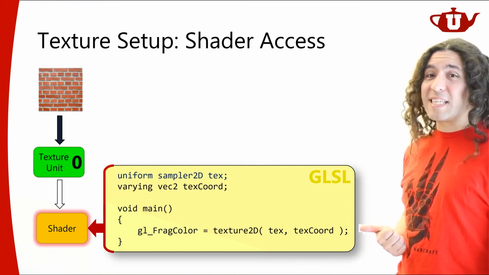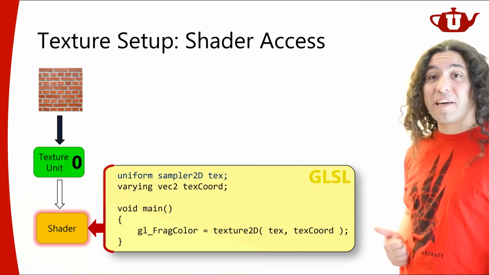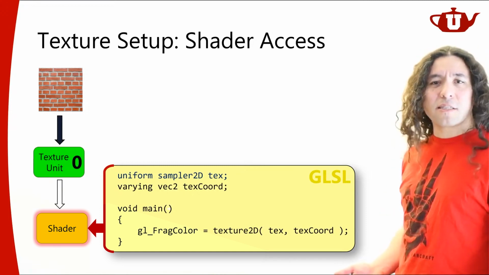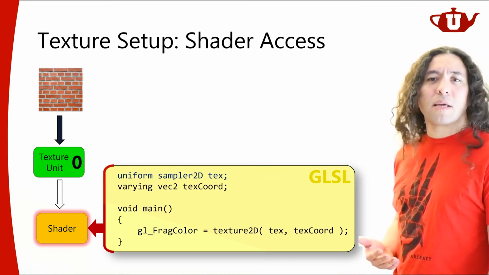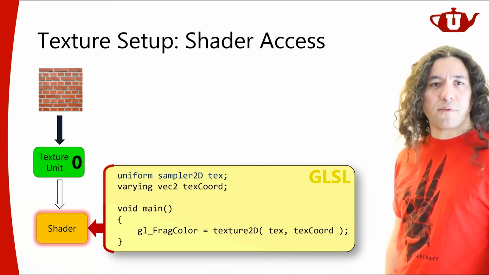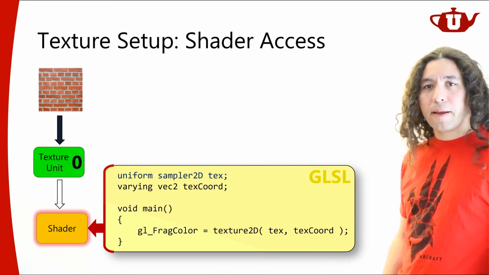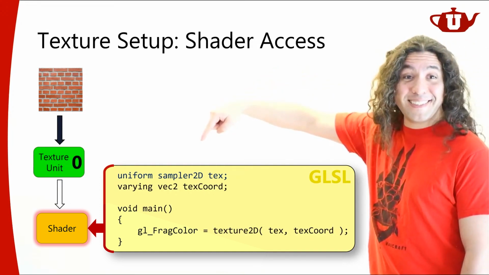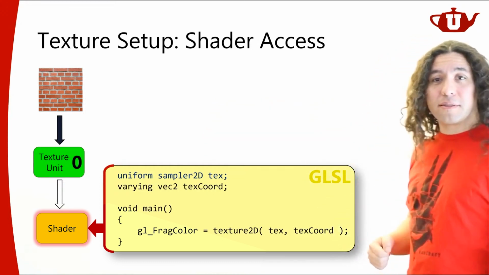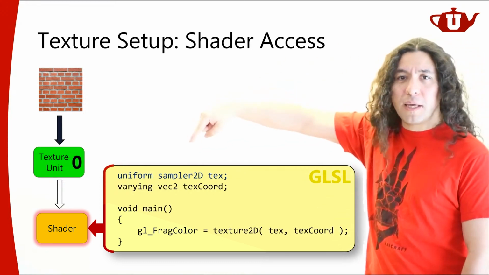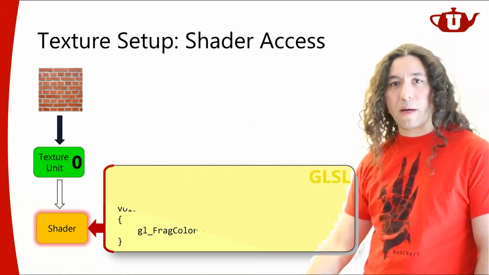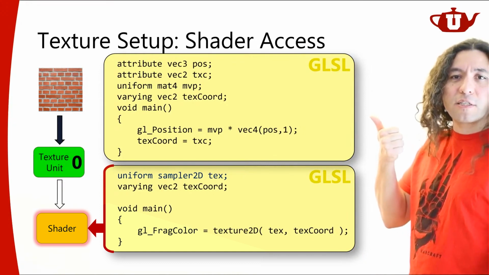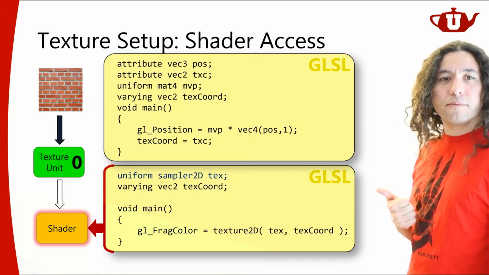But remember this is always going to return an RGBA value, even if my texture does not store an RGBA value. If my texture doesn't store those channels, you'll get the default values for those channels, whatever the default values are. All right. So here's my uniform sampler 2D and my texture coordinate. So I'm going to set the uniform text sampler 2D, but where is my texture coordinate coming from? It's coming from my previous shader. And my previous shader is going to be, in this case, a vertex shader, right? So from a vertex shader, I send my data to my fragment shader.